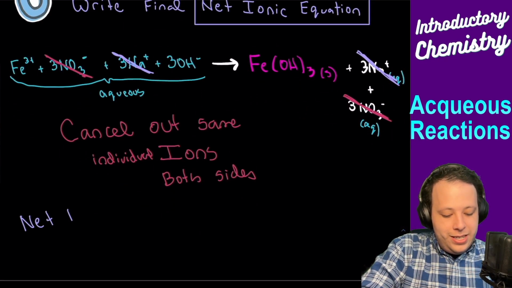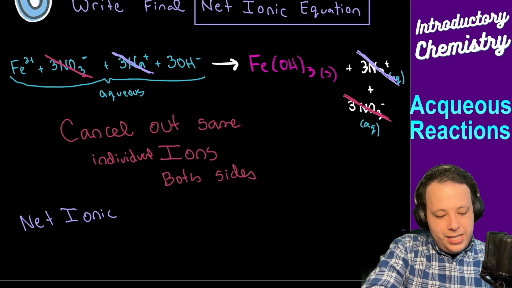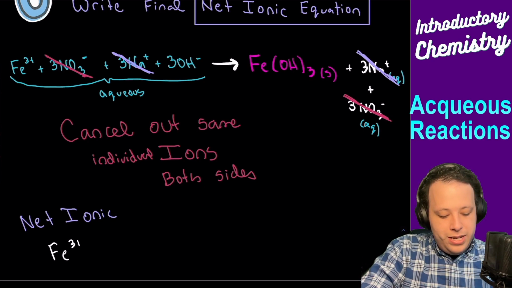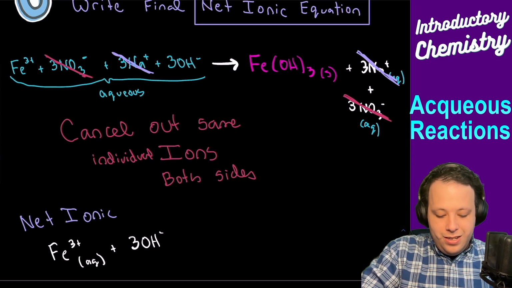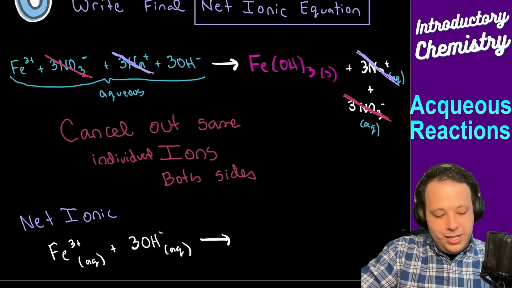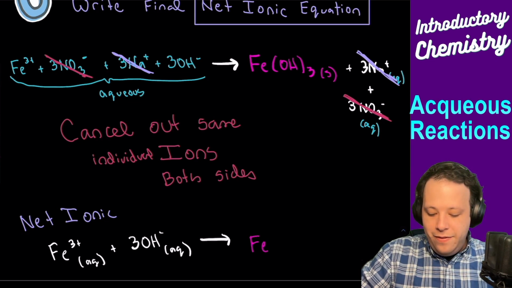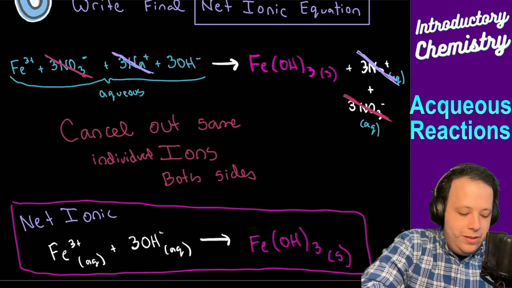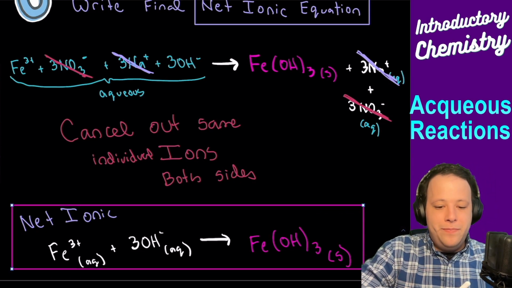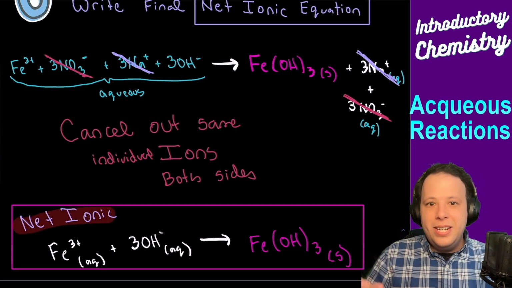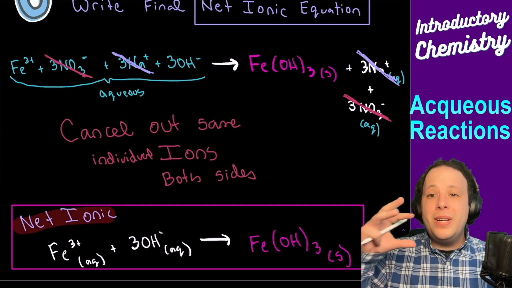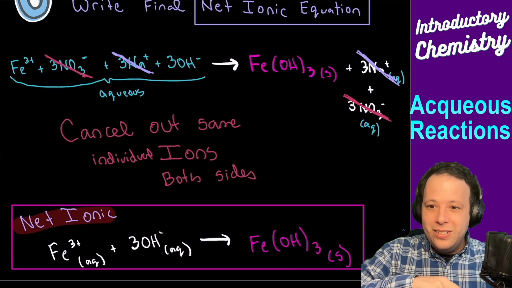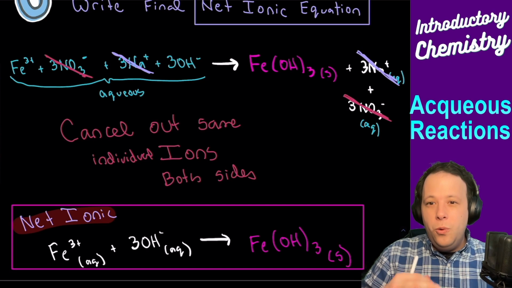So the net ionic equation, in this case, we have Fe3+ aqueous plus 3 hydroxide, also aqueous, yields the precipitate Fe(OH)3, and that is a solid. And that is our final answer in this problem. So that is our net ionic equation in this particular reaction. We had to do a lot of work. It takes all your former skills to really go through it and figure out what your net